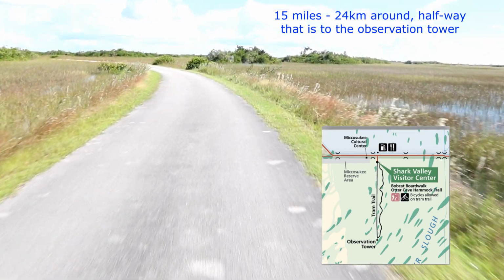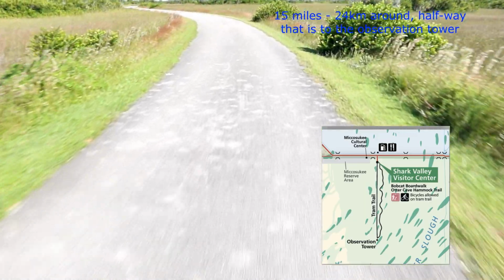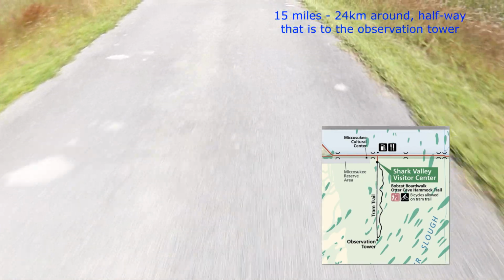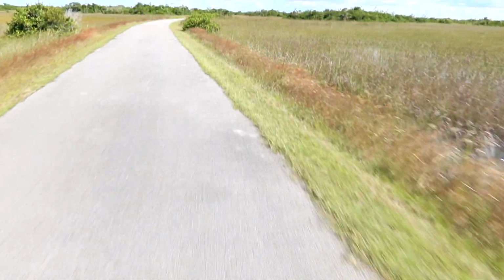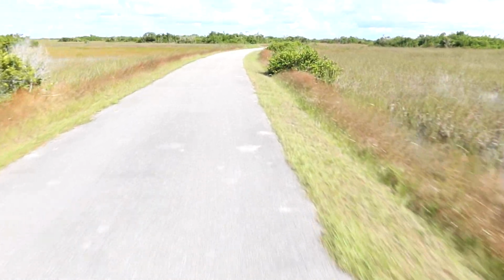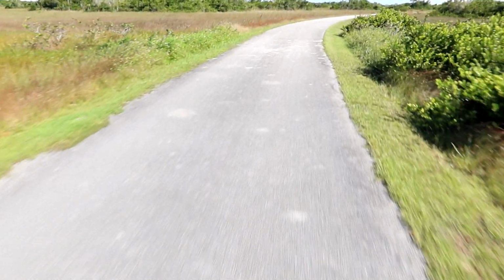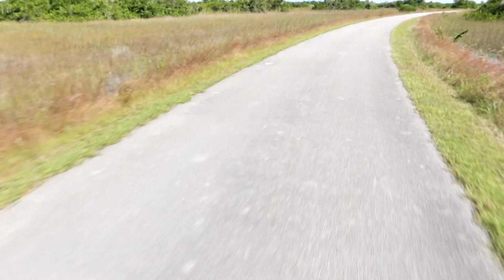I am headed to the observation tower, and it should be approximately 11 kilometers away. And I am beginning to get a little tired because besides pedaling the bike, I am carrying the gimbal. So as you can see, I'm maneuvering the bike with one hand, and with the other hand I have the gimbal and all the camera setup. So that is why you can hear that I am gasping for air,